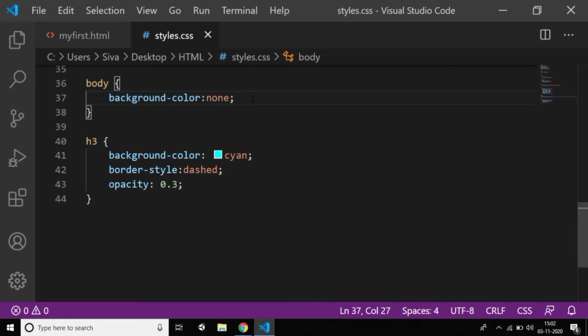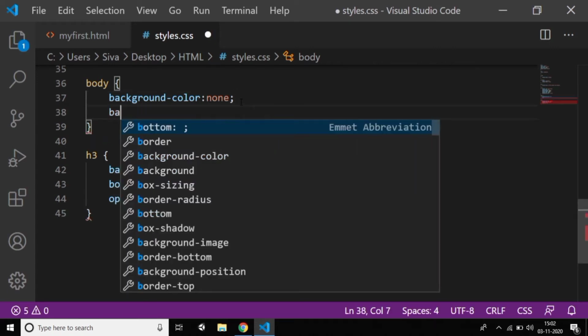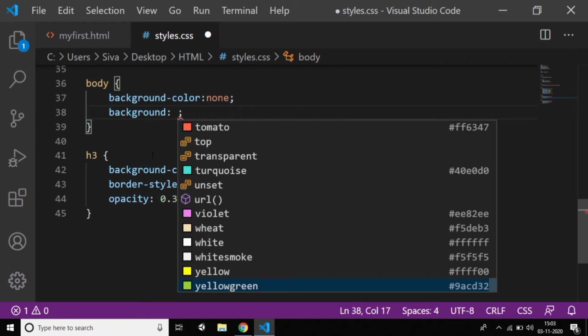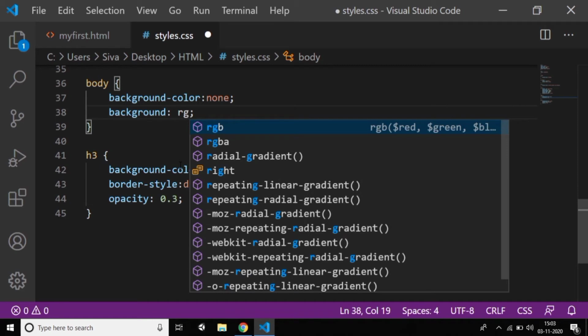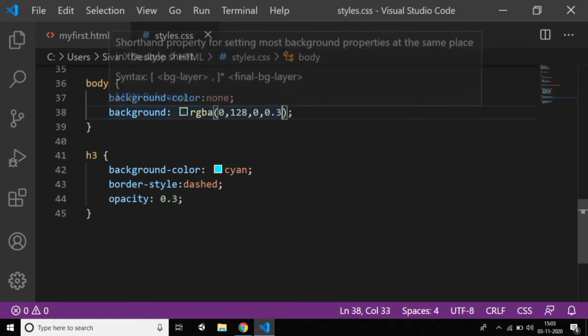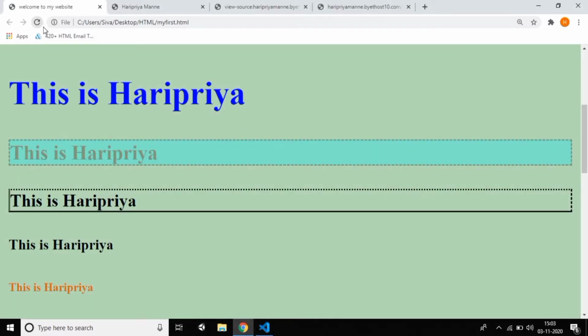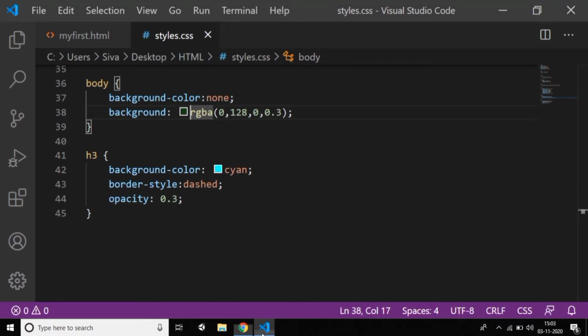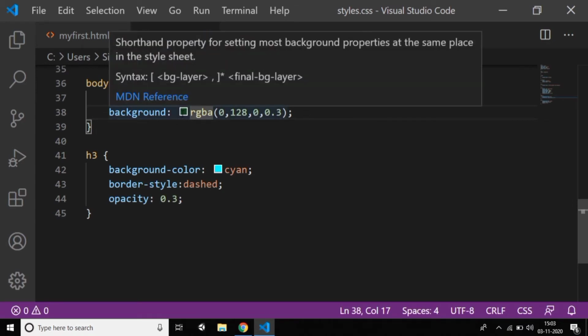So you need to give the alpha value too. Generally, give background, and here you need to specify the color, like this RGBA: 0, 128, 0, 0.3. I'm giving some colors; we'll see which color you get. It's a green color. Just reload it, and you'll get a green color. I gave some random numbers, and it shows a green color.